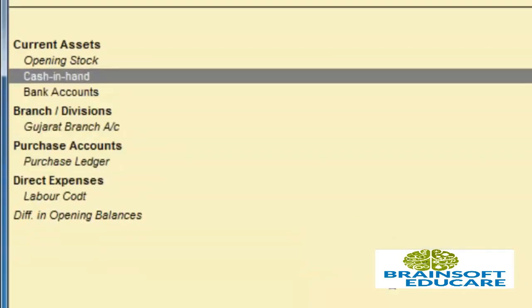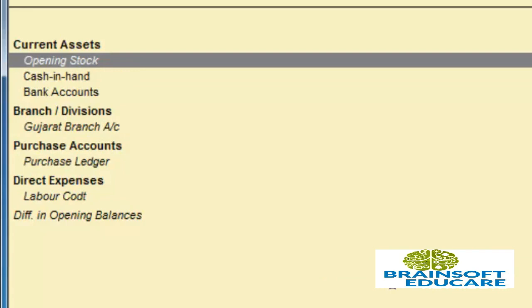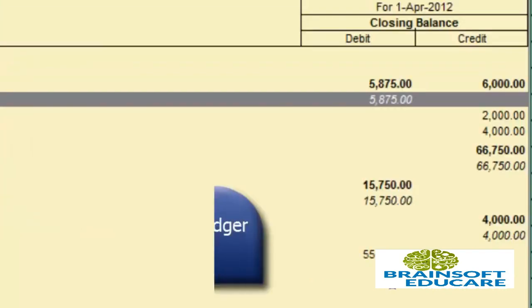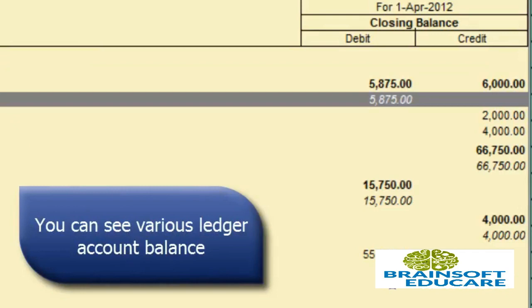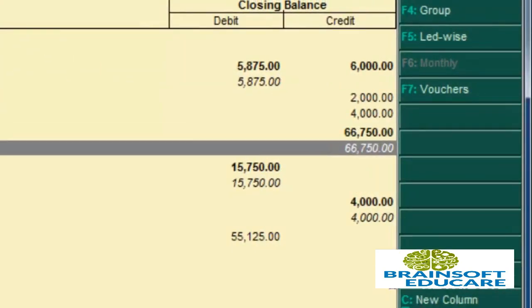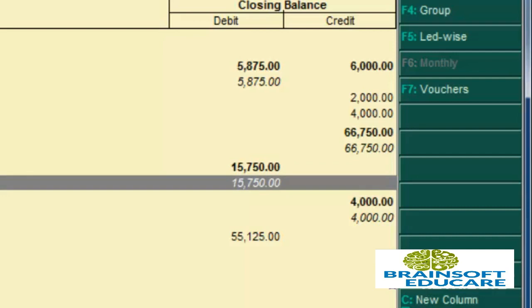As you can see, under current assets the opening stock was 5875 rupees, cash in hand was 2000, and bank accounts have 4000. Branch and division means the Gujarat branch account contains 66,750 rupees of credit. The purchase account ledger is 15,750 rupees. In the previous example I purchased one detergent powder of 15,750 rupees,